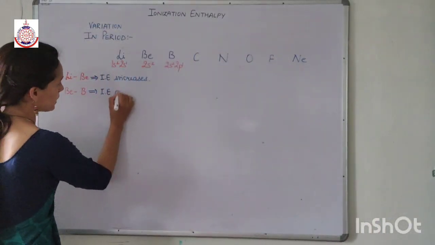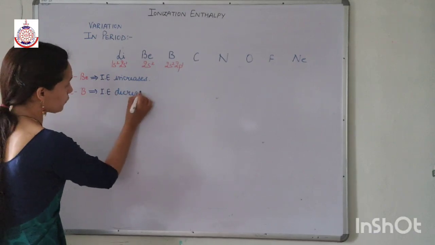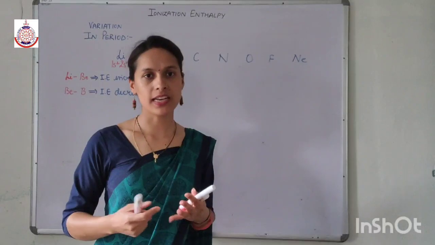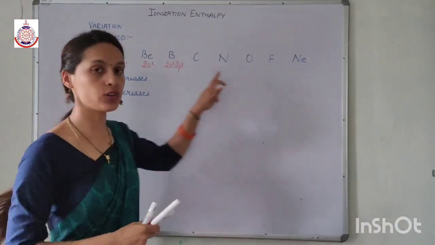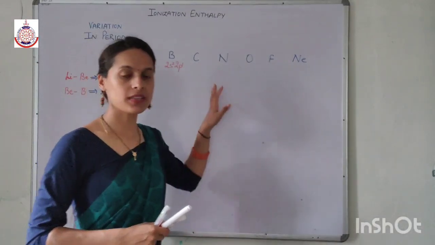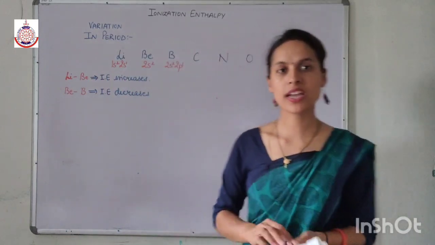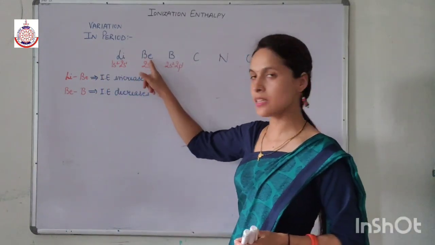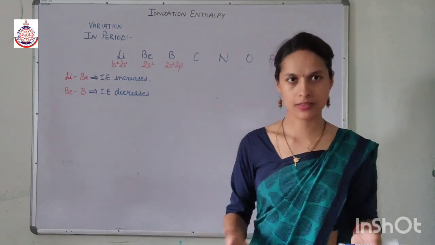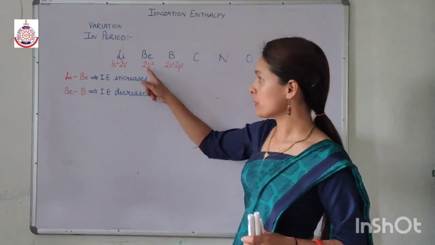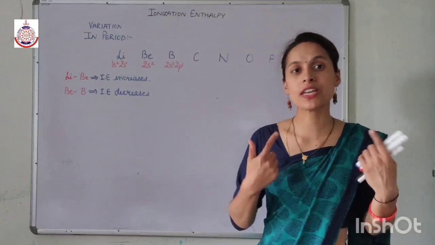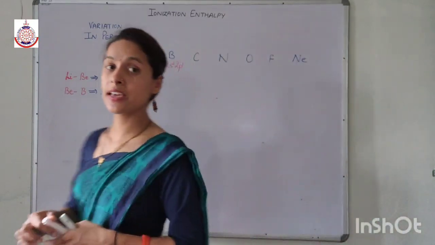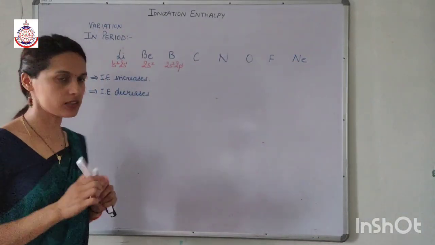Ionization enthalpy decreases here. We are dealing with the first ionization enthalpy, on the basis of the ground state configuration. So on moving from lithium to beryllium, ionization enthalpy increases regularly, but on moving from beryllium to boron, instead of increasing, it decreases. Now, why does it decrease? There are two factors which